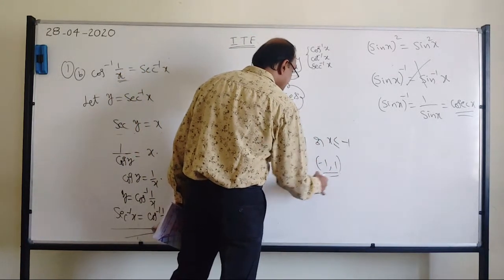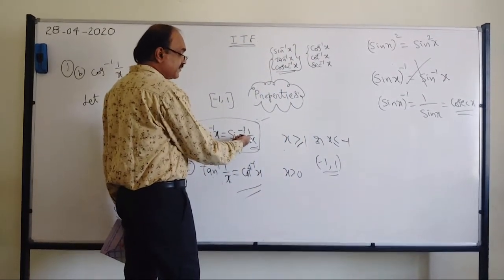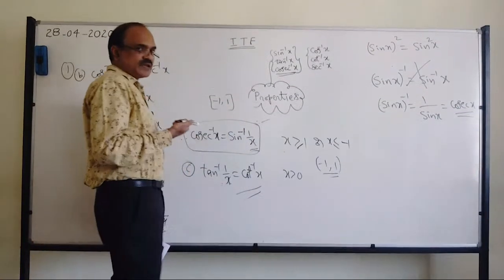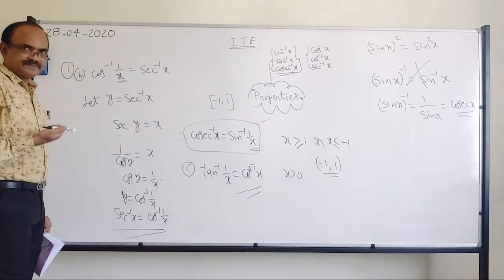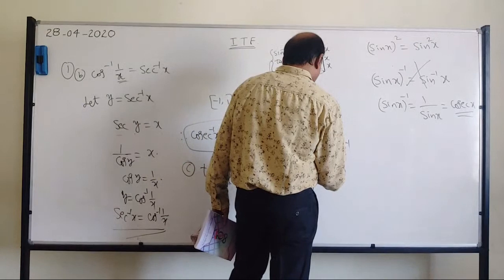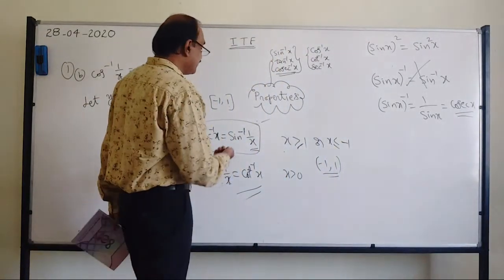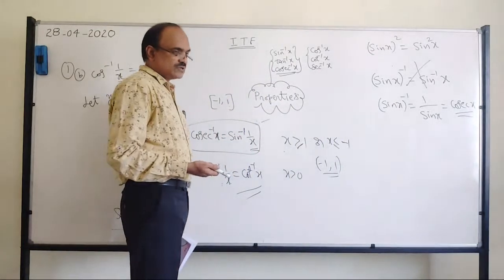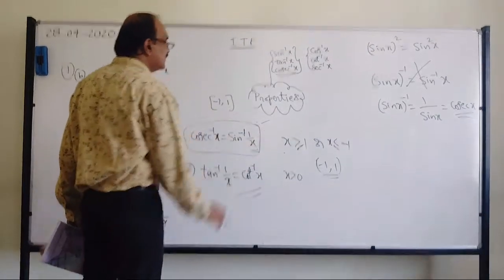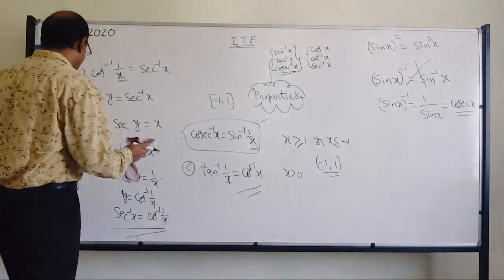What happens if you take, for example, 0.5? 1 divided by 0.5 becomes 2. For sine inverse, can you give the value 2? You cannot. That is the idea here. Or if I take something which is more than minus 1 but less than 0, say minus 0.5, you get minus 2. That is also not allowed. It should be between minus 1 and plus 1. So that's why we get such restrictions. Okay, this is the first property.